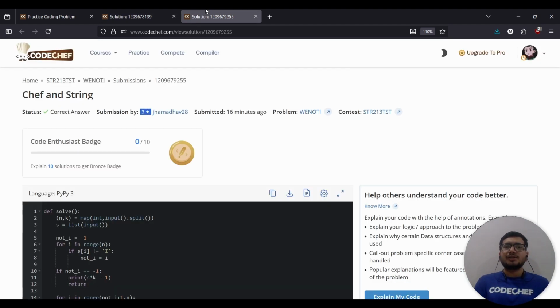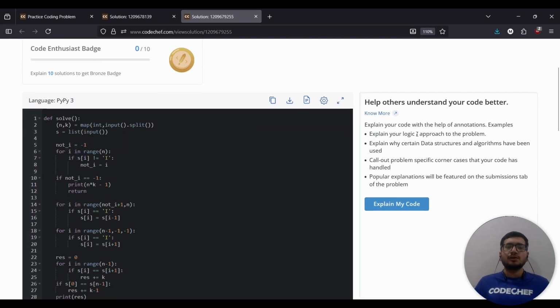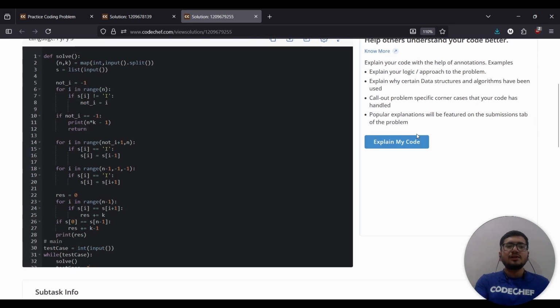Let's see how we can implement this in Python. Again, for each test case, we call the function solve. We take the input of n, k, and then we take the input of our string. We convert the string into a list so that it is easier to manipulate. Then we find the index of the character that is not I. If it does not exist, it means our answer is nothing but n into k minus 1. But if it does exist, first we'll go from left to right and then from right to left and change the character I to its nearest left non-I character or to its nearest right non-I character. Once all this replacement is done, we start finding the pairs of indices that are adjacent and